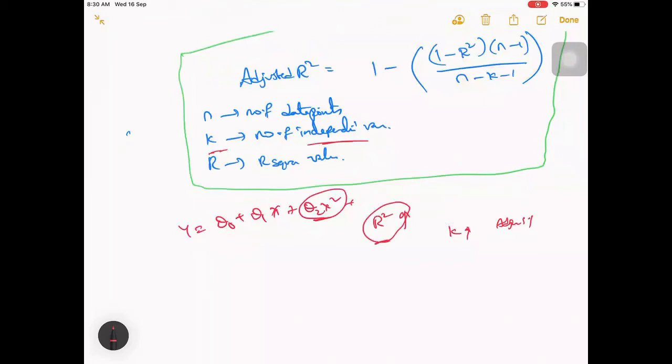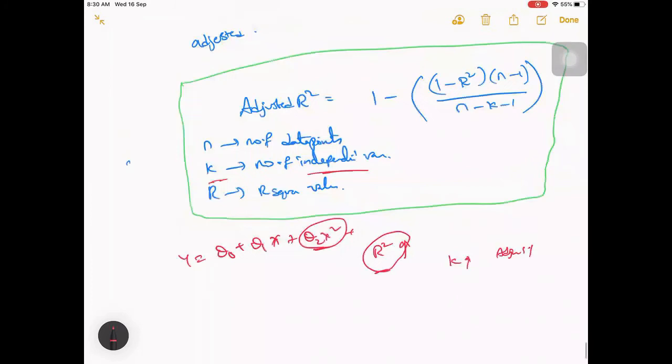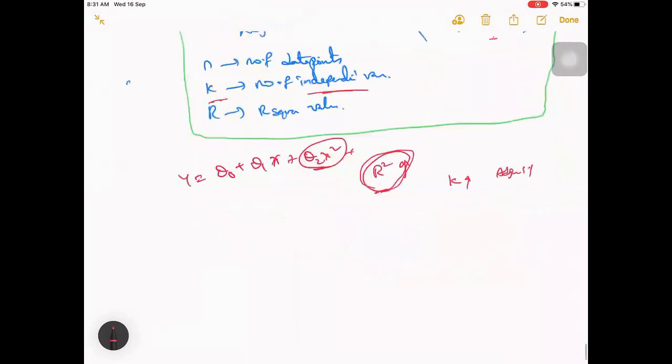So with that increase, maybe a small decrease because of adding k, if this one is slightly decreasing, it still doesn't matter, because your R square will get increased significantly, and that will compensate. So your adjusted R square, if you are adding the right number of right variables, will increase. I'll give you a small example on this.